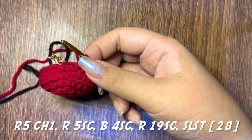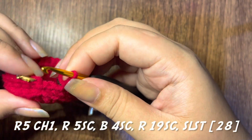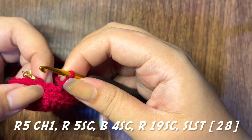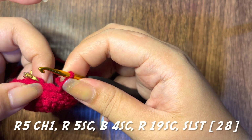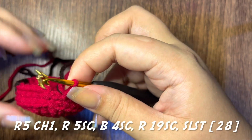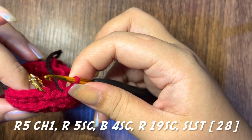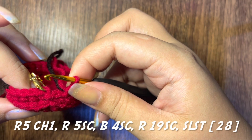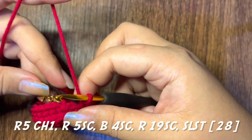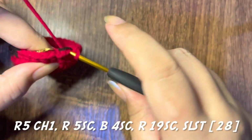Now we are done with the last stitch. So depending where you put your stitch marker, for my case I put it in the chain of 1. So for this case, so that we are still on 28 stitches, we need to skip the slip stitch and proceed to slip stitch on the top of your chain 1. So please make sure that you are not making a single crochet on the slip stitch, because if you do that, you would be adding